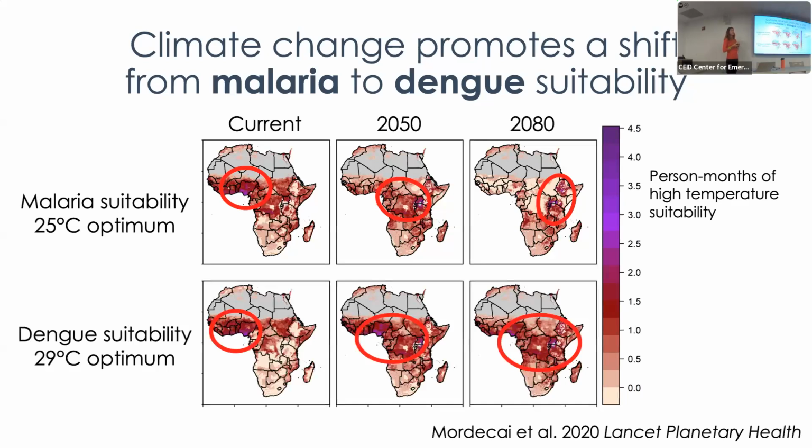By contrast, for dengue, which we know is present and very widespread in sub-Saharan Africa, but often underdiagnosed, we have a similar current hotspot of dengue suitability, but we expect that hotspot to broadly expand throughout sub-Saharan Africa with warming, including into some of those same regions that are expected to have expanded malaria transmission. So this is a really important message from a public health perspective, because although they're both mosquito-borne diseases, the way